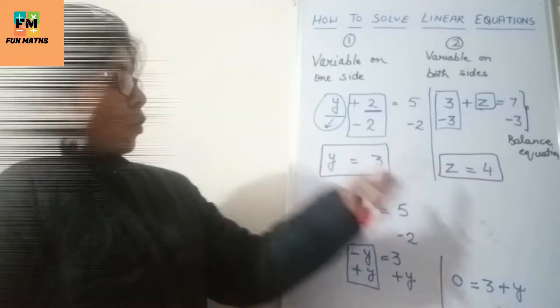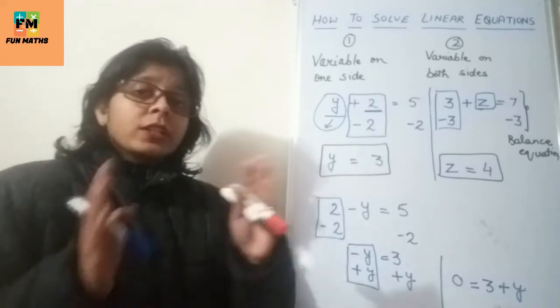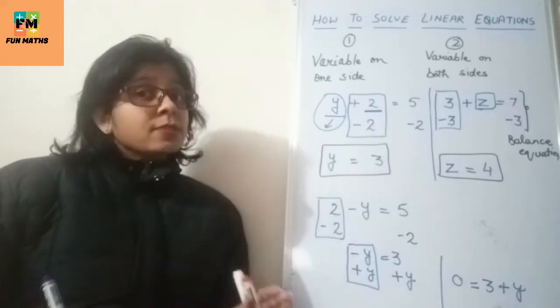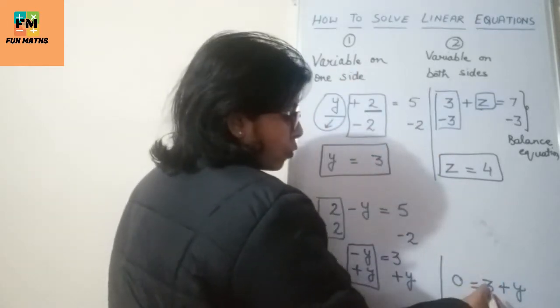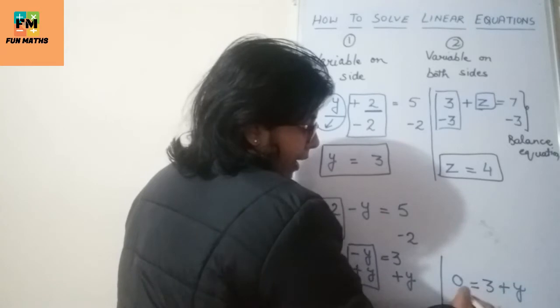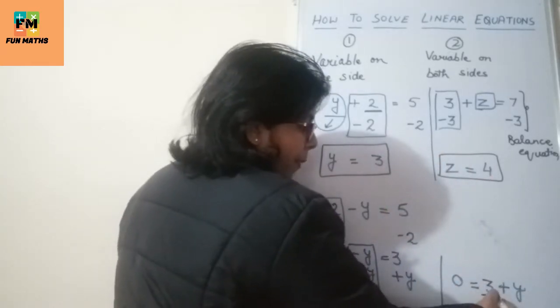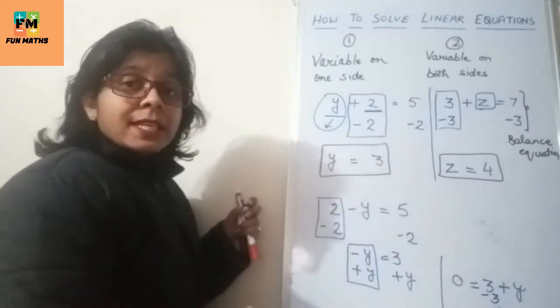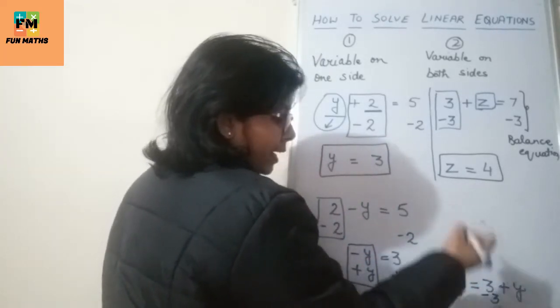If you compare both the things, doesn't matter if we are writing y plus 3 on the left side or right side. The process would be same because both are equal, right? Now simply what can we do? We have to isolate this y. So for this we have to remove this 3. Alright, how can we remove? By subtracting 3. We can easily remove. So we will subtract from this side also as well as from this side also.